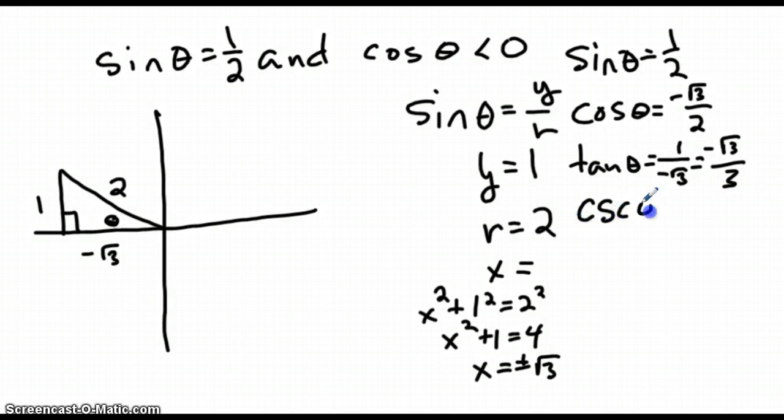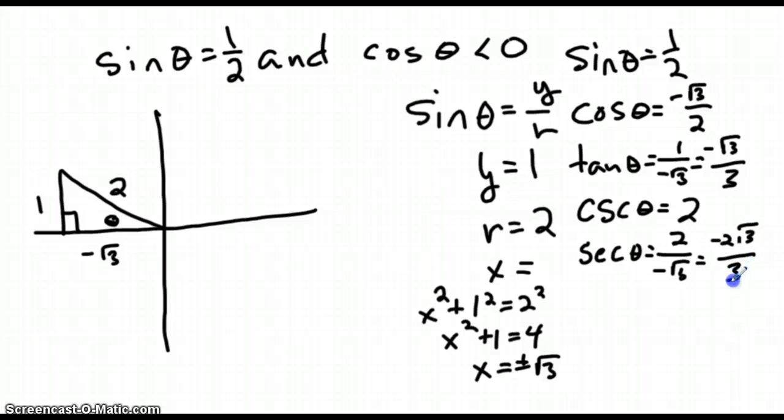Cosecant of theta would be 2 over 1. Secant of theta would be 2 over negative root 3, which is equal to negative 2 root 3 over 3. And finally, cotangent of theta would equal the reciprocal of this, which would be negative root